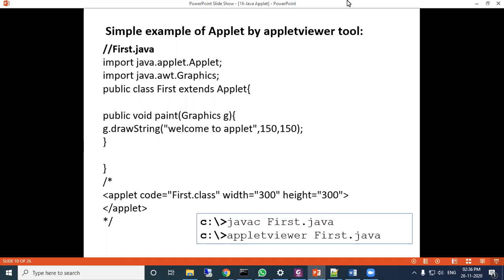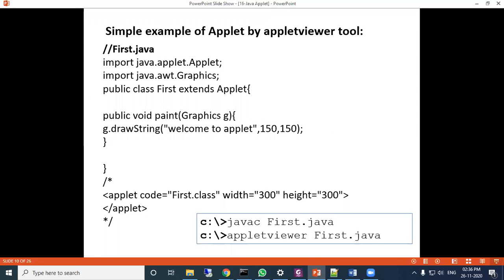Last class we saw a method, the paint method, which we are overriding. We extend the applet class in our class, and define the paint method, where whatever output will be shown on the GUI screen, we use the paint method for that purpose.